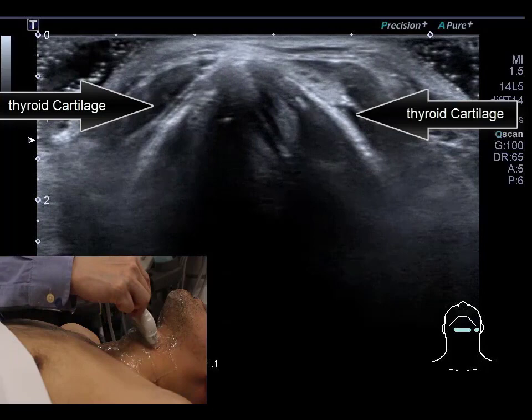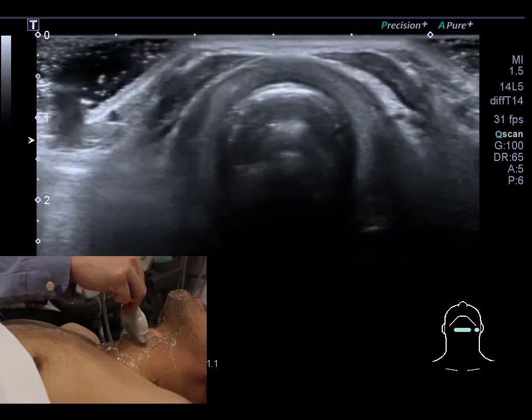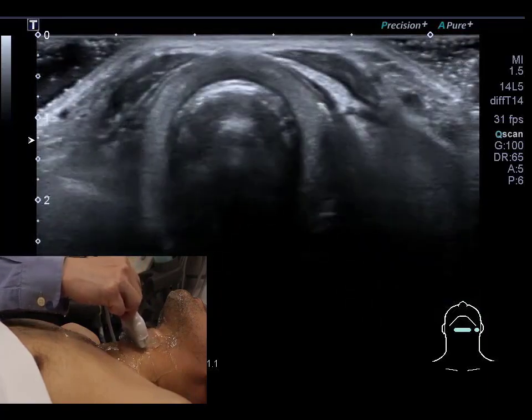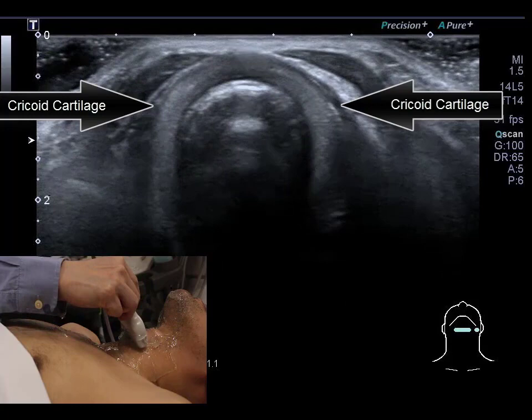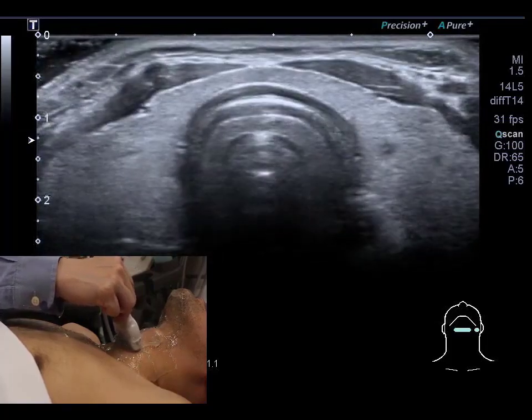This is very triangular, and you have to put a lot of gel laterally to eliminate the air gap, so you can see the thyroid cartilage well. So it's a triangular shape, and then we go down and you can see the level of cricoid cartilage, which is the horseshoe shape, homogeneous hyperechoic cartilage. Actually, there's a posterior wall, but we cannot see it because of the air obscuring. And then going down, you can see the tracheal ring, which is